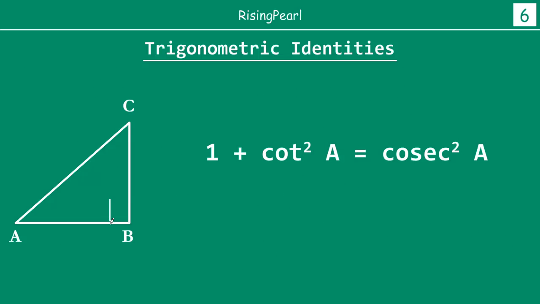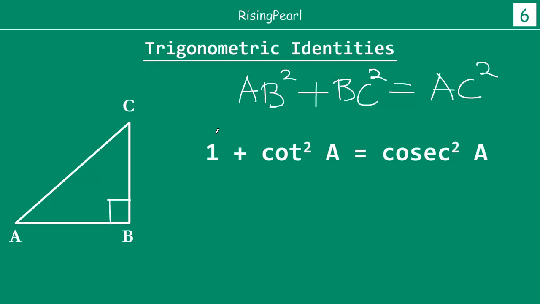In other words, we took a look at Pythagoras theorem in a right triangle. The Pythagoras theorem initially stated that AB square plus BC square is equal to AC square. So we have three sides involved in a triangle. First we divided both sides of the equation by the hypotenuse. That gave us sine square A plus cos square A equal to 1, which we saw in the last webisode. Earlier in this webisode, we divided both sides of the Pythagoras theorem